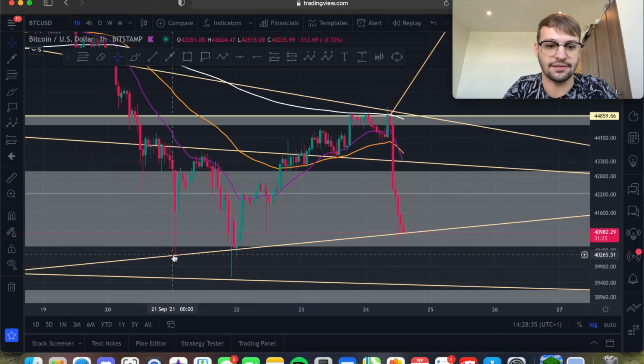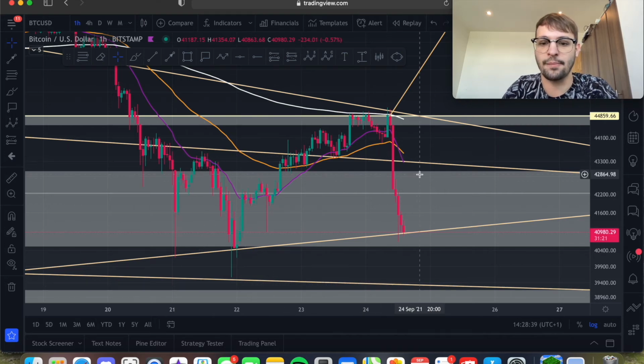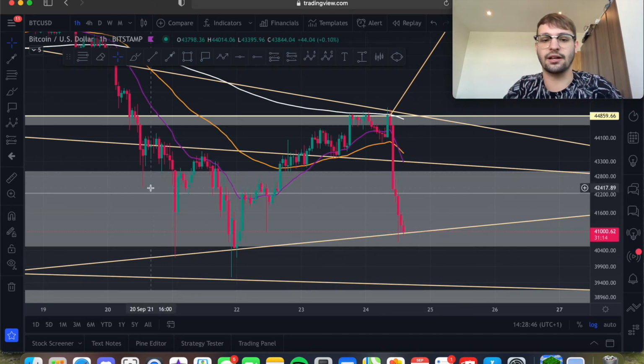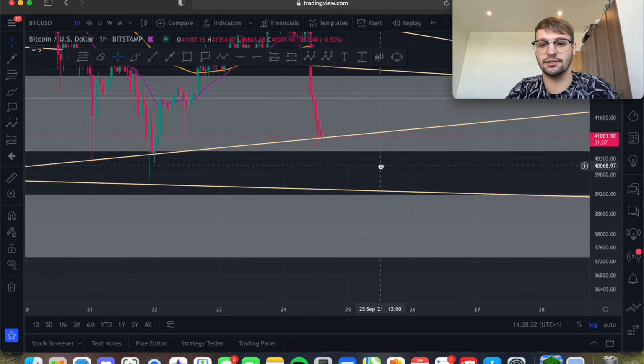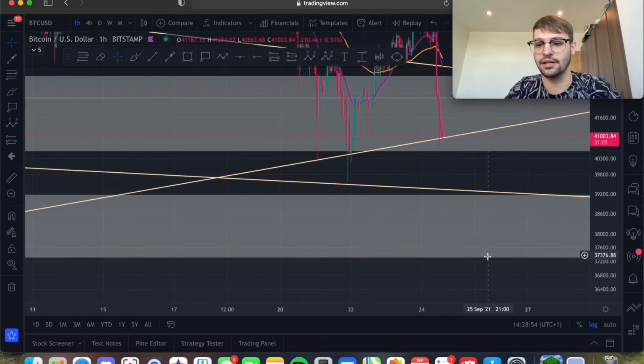Oh, look at this massive dump. You came back to it. Then you carried on down. So it's all about coming back to it. Once we come back to it, are we going to get above it? Are we going to get rejected from it? If we get rejected, then could we make a double bottom like this? Could we go up, come back down, hold this again? Or are we going to break lower and go to our targets, which are the swing low down here,